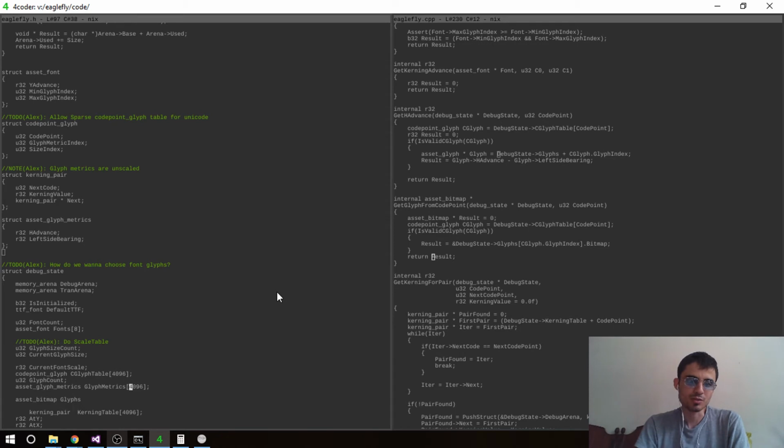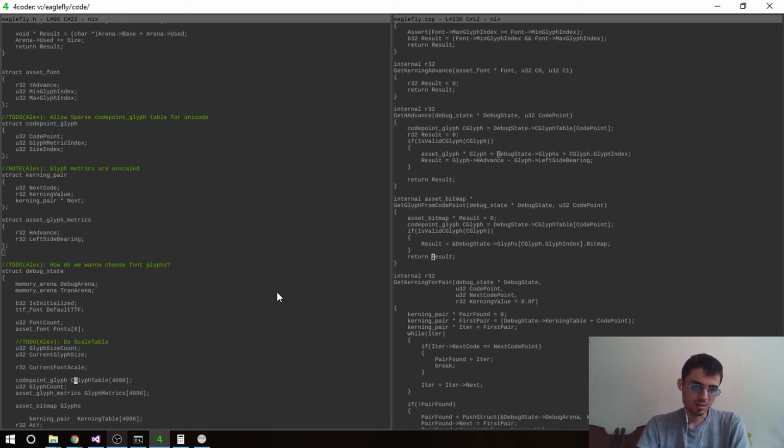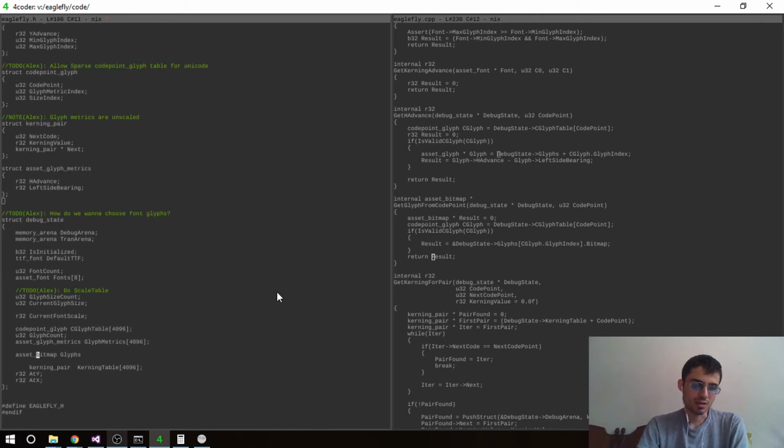And we probably want to do something better, but we're going to keep it this way. It's going to be the glyph count. This is going to be isolated. This is going to be the cglyph table, basically the entries for how the mapper goes. I don't know if we want something bigger, but I don't think so. We will test, and then we will need the glyphs themselves, the bitmaps. And the bitmaps, I want to add that glyph data